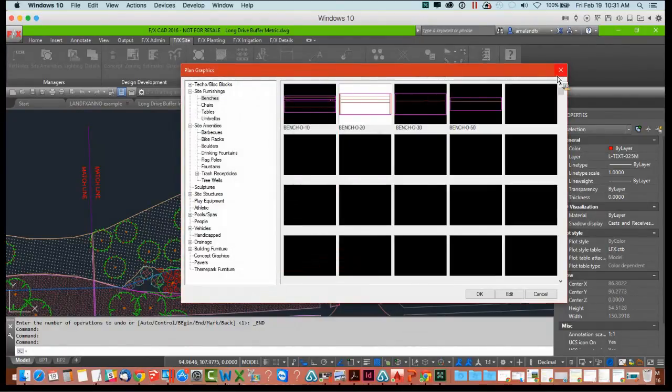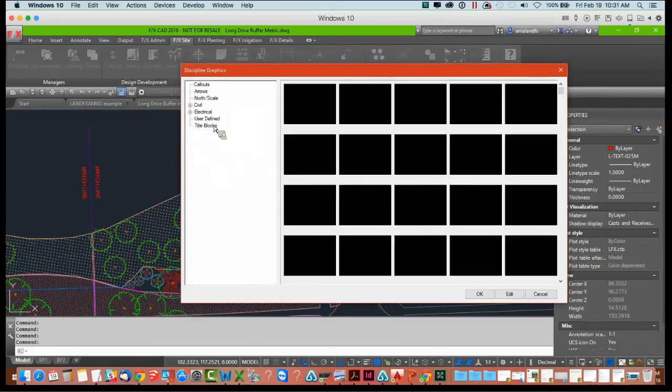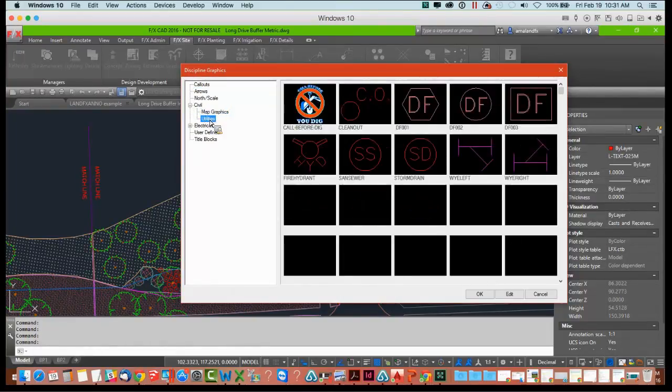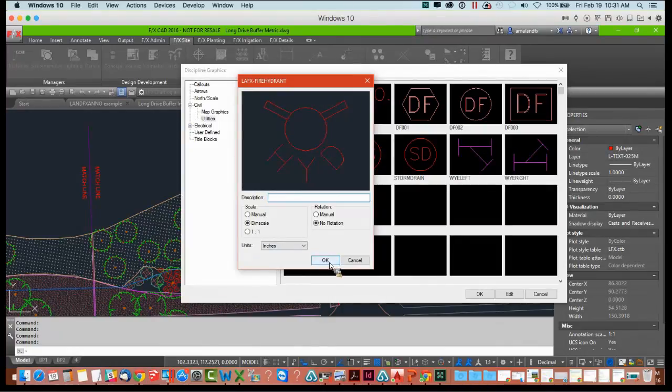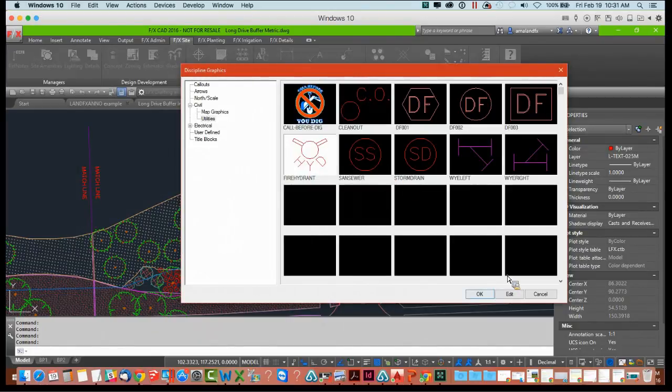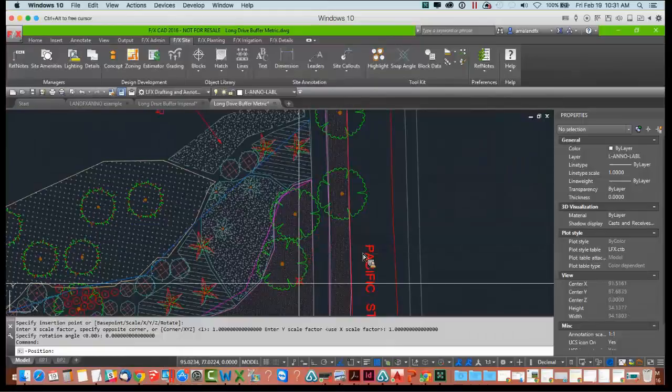They're going to be set to 1:1, but under discipline graphics, if I go to civil, and I'm going to grab a fire hydrant here under utilities. These are also set to dim scale here. And what that means, if it's set to dim scale as opposed to 1:1, it's going to scale with the scale that you have. So it's always the same symbol size when you place it on the page. So I'm going to say OK, and I'm going to place that. And it's going to be a certain symbol size. We'll just put it right here